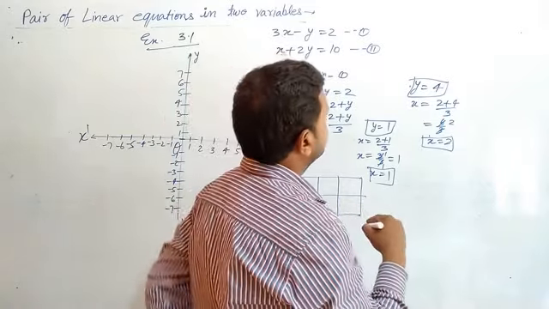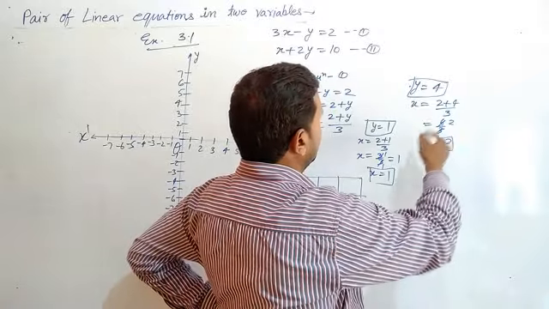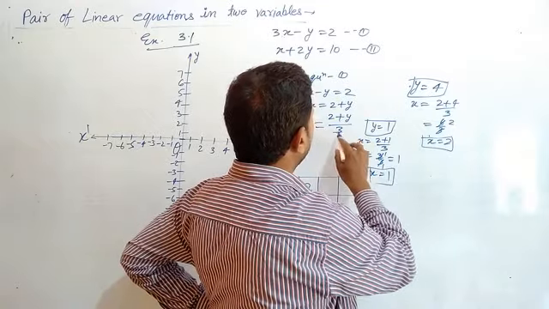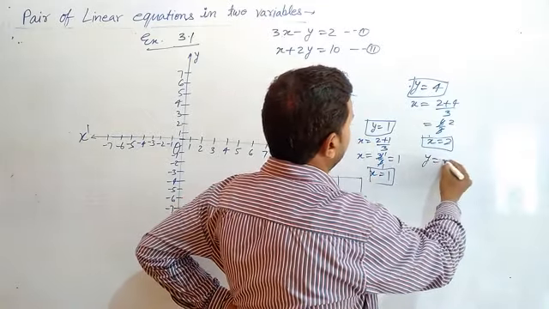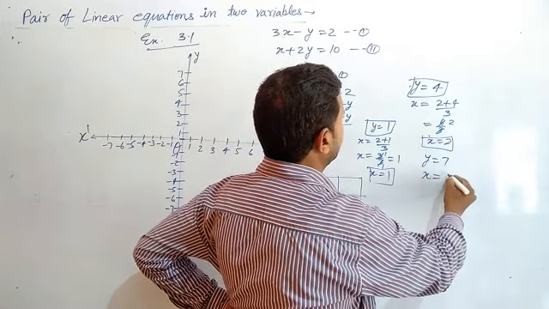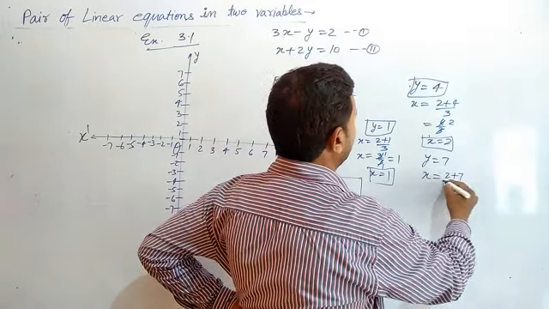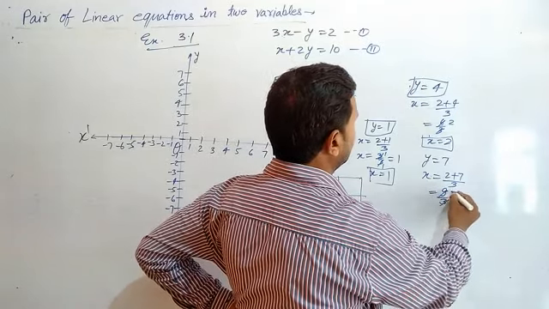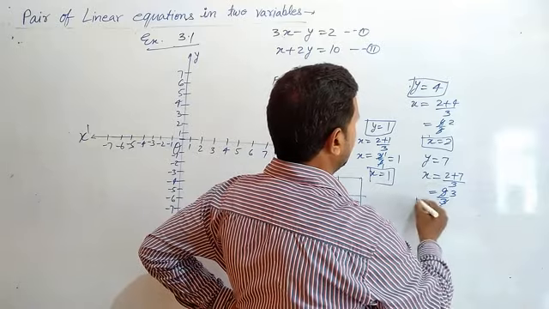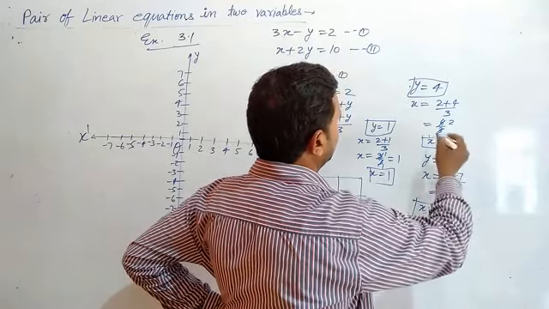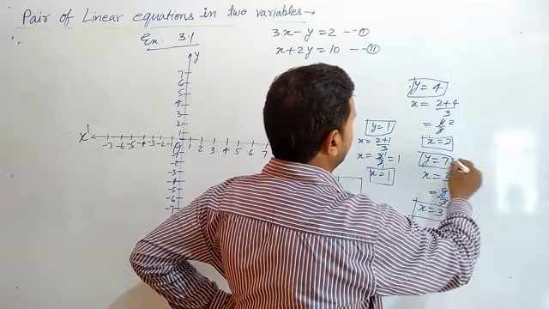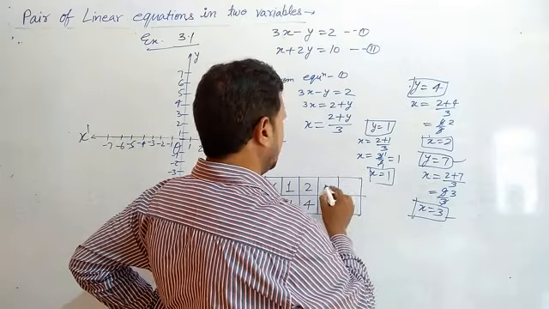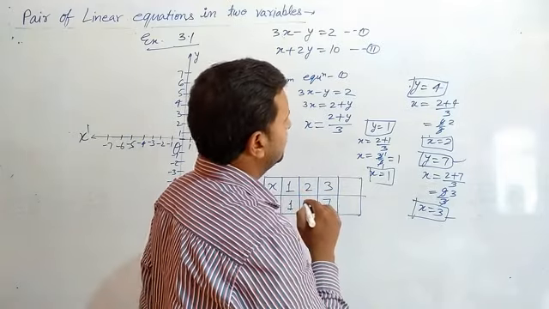Now same as when we put the value 7, 7 plus 2 is 9, means y is equal to 7. When we put, we get here x is equal to 2 plus 7 upon 3. It means 9 upon 3. 3 3s are 9. It is cancelled out. x is equal to 3. When we put here value y is equal to 7, we find here x is equal to 3. Means y is equal to 7, x is equal to 3. It's right.